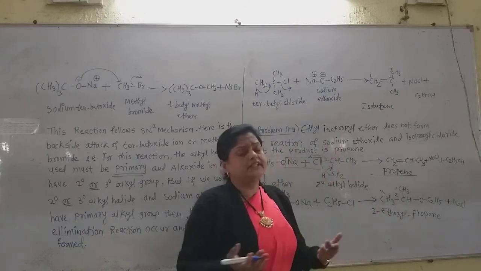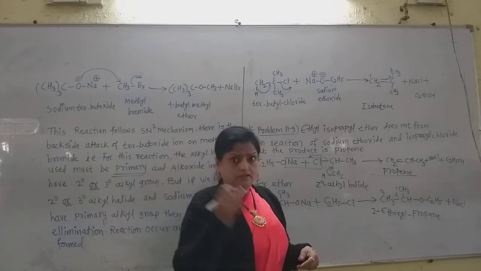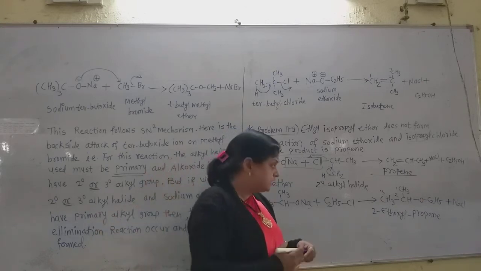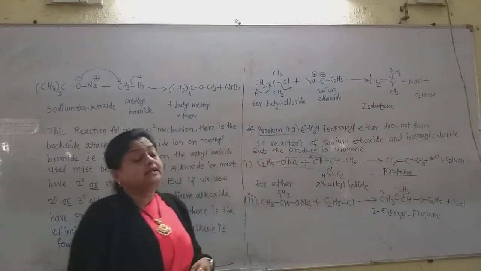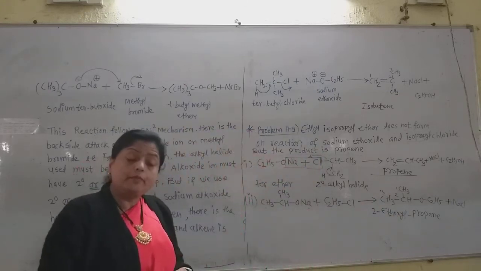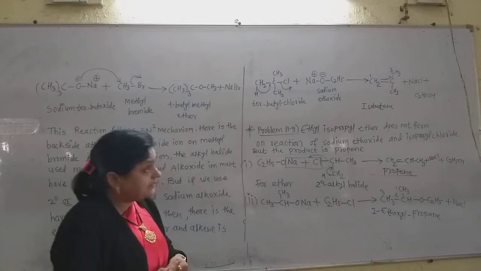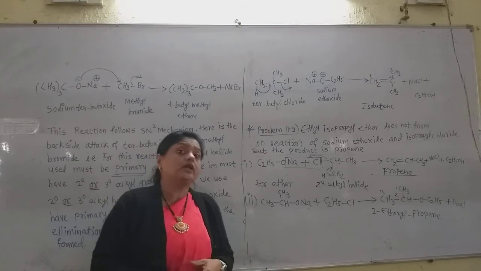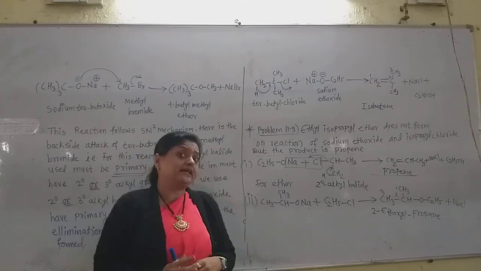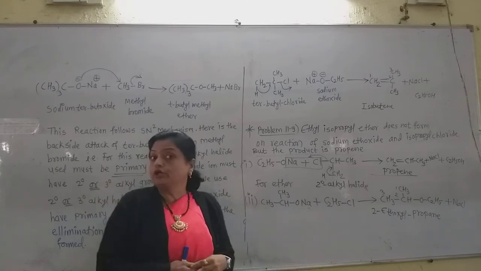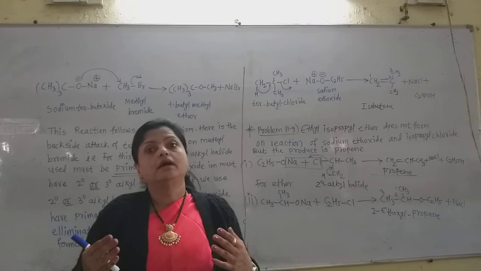So it is 2-ethoxy propane. We give ethers the name as alkoxy alkane in the IUPAC system. So this is 2-ethoxy propane, that is the ether. In this way, this is the SN2 mechanism reaction, and remember that for formation of ether, the sodium alkoxide must contain a secondary or tertiary alkyl group, and the alkyl halide must have the primary alkyl group.